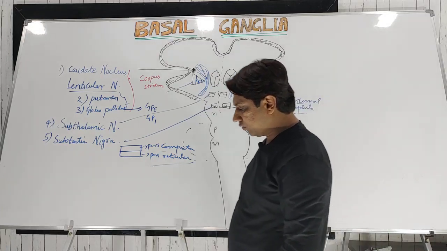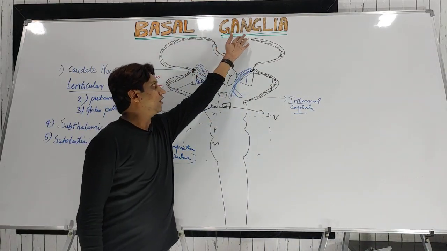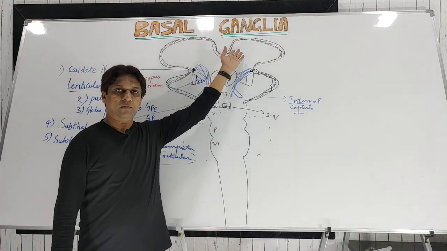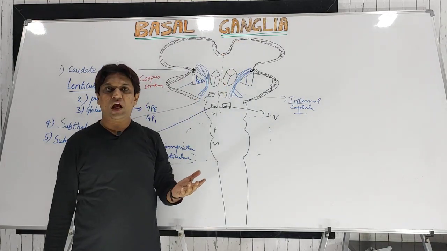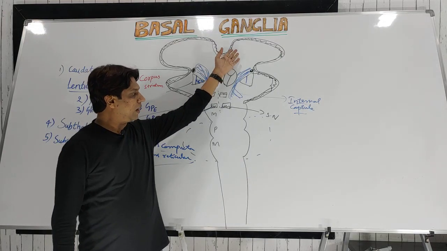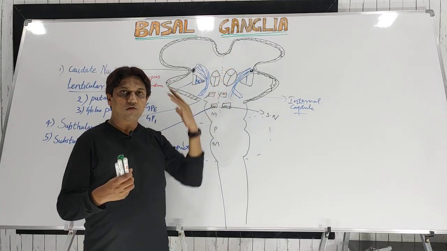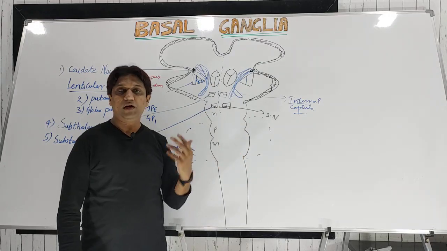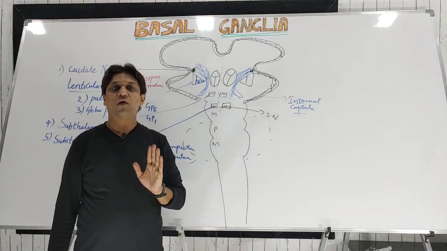But remember, it's not only the basal ganglia, but the cerebral cortex here, more specifically the motor cortex, which includes the primary motor area, supplementary motor area and premotor area, even the somatosensory area. So that part of the brain also controls the voluntary motor activity, and also the cerebellum. So these three structures mainly help in controlling the voluntary motor movements.